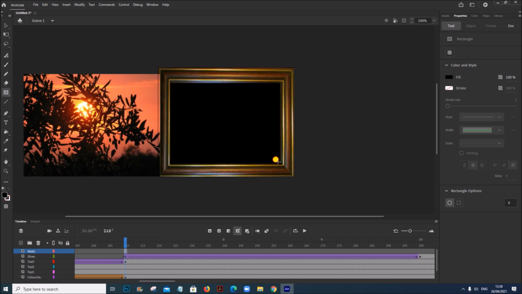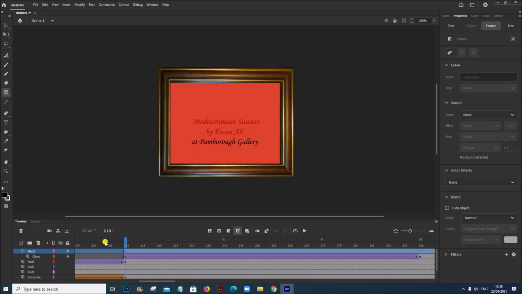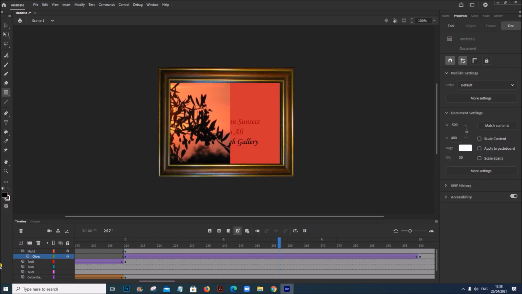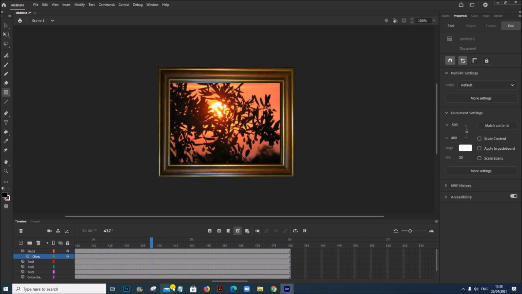So this is a rectangle inside the frame. Now right click and then set it as a mask. Once you set it as a mask, the image will appear only in that area. Now when you play this, you can see the image comes only in the frame area.